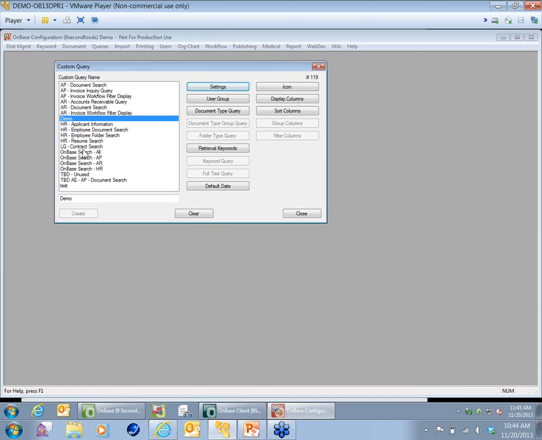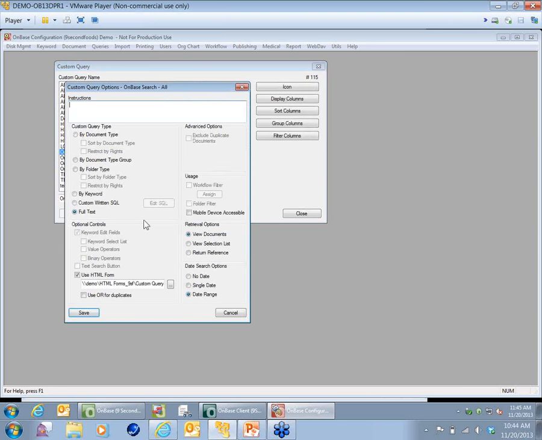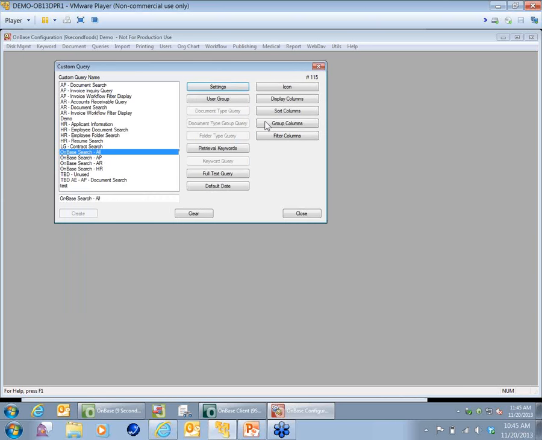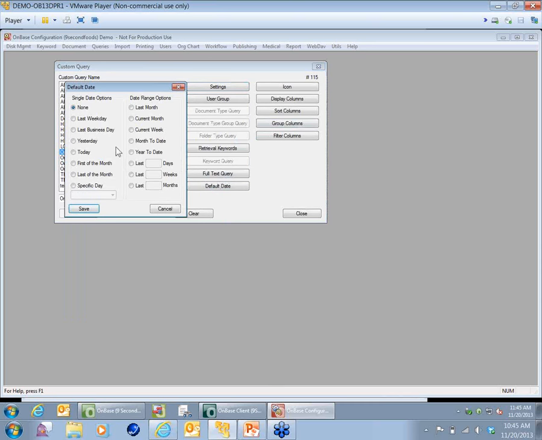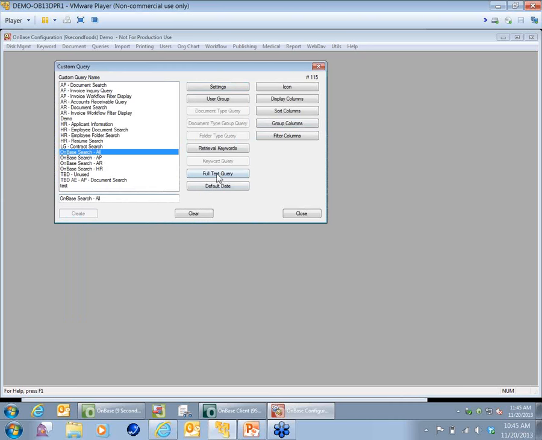Yeah, I have one already set up. So right here, there's several of these. These OnBase searches are all Google-esque IDLE searches. So see, I've got full text search here. Here is the HTML form that is going to come up. We selected a date range for this. The default date is just going to give you a date box so you can put in a date range. And then as you can see, as you select full query,